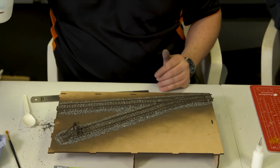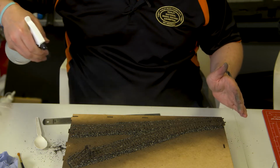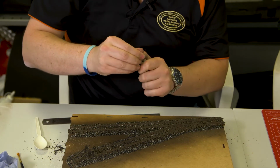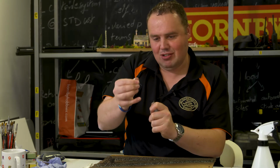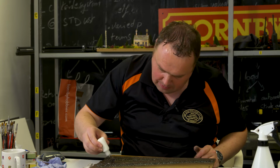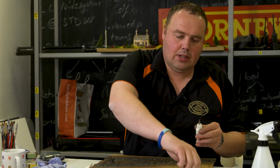So I'm just going to mist everything. And I've got my glue dropper, which is a needle stuck in. This is where it goes flying across the room. And I'm just going to drop it on. It's a bit big, so